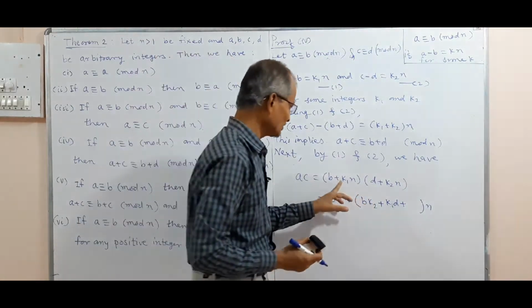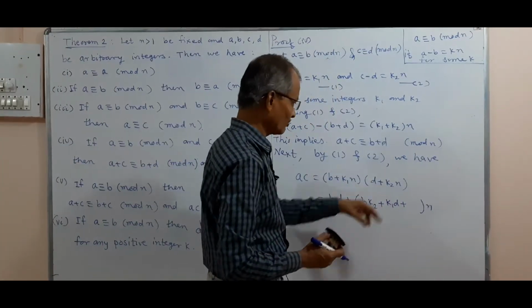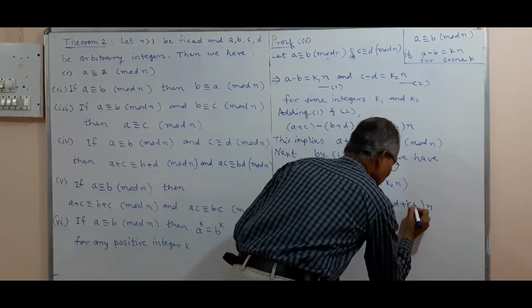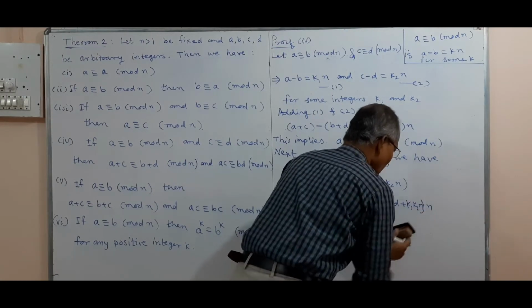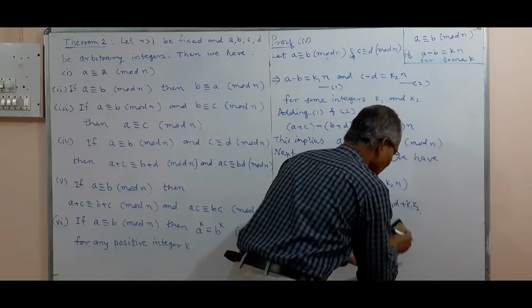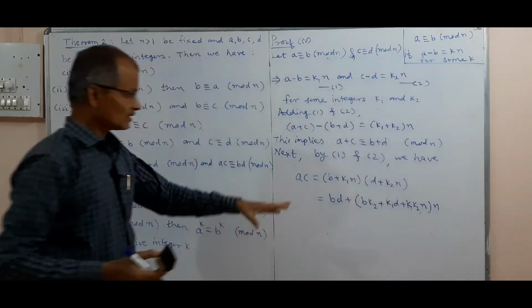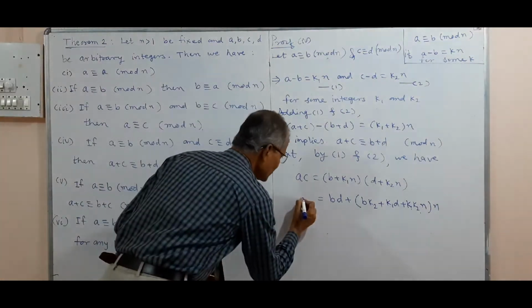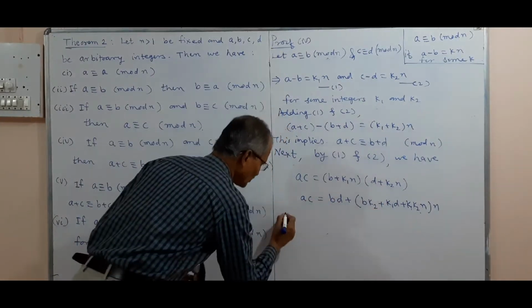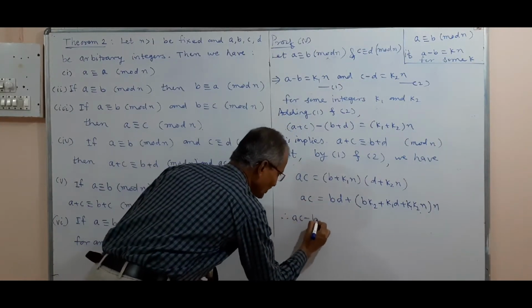N is taken common, so in the bracket we write k1 k2 n. And now n is common, so AC is equal to BD plus this, that means AC minus BD will be equal to